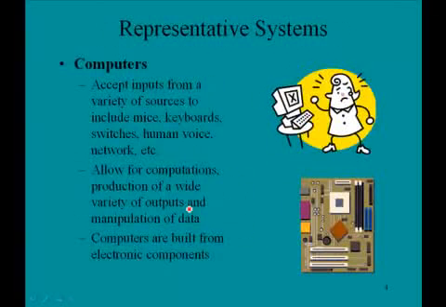The next representative system we'll look at is computers. And again, as we mentioned here, we have a computer system board, and the complexity there is quite advanced. And again, they are built out of electronic components. And computers, what do computers do? Well, they accept inputs from a variety of sources to include mice, keyboards, switches, human voice, network, etc. They allow for computations, production of a wide variety of outputs, and manipulation of data. But again, they are built from